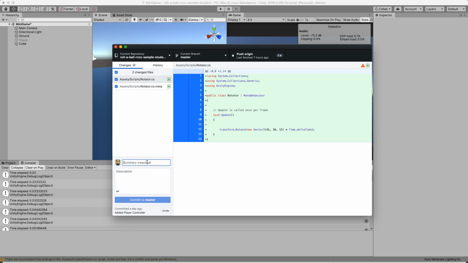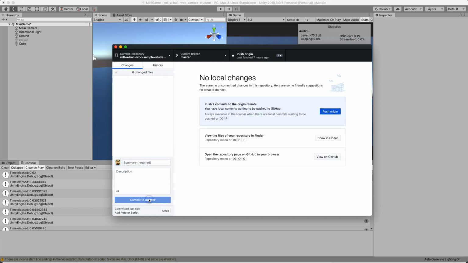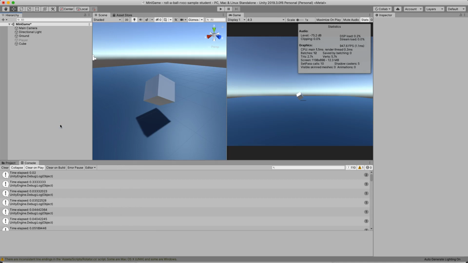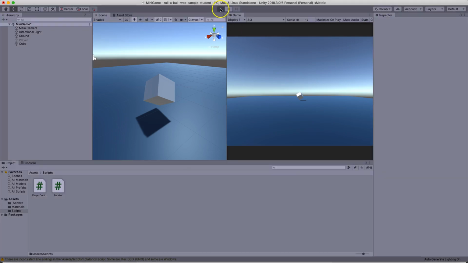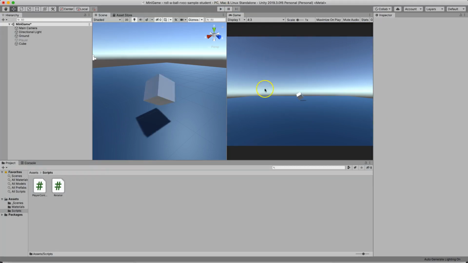So I will give this a summary of add rotator script and commit that to master, which is good. And I'm going to come back here. I'm going to finish my prefab now. So I'm going to turn off my stats. Going to come back to play. Okay, so